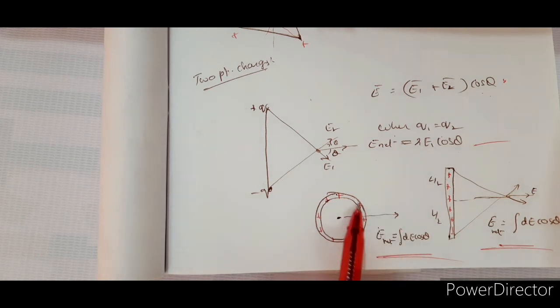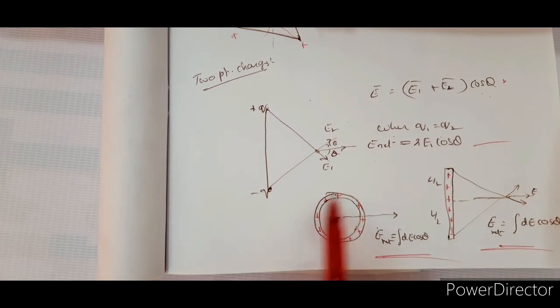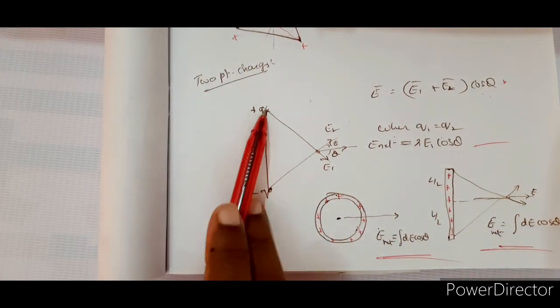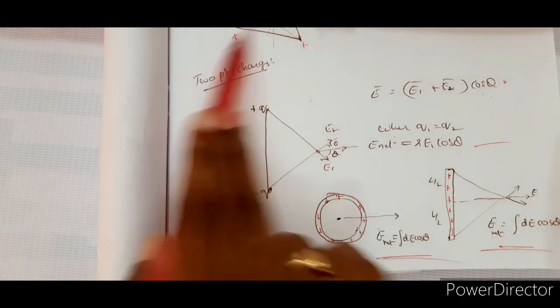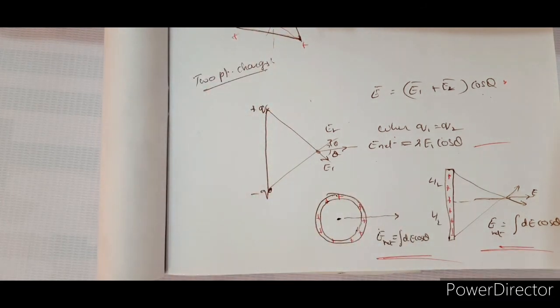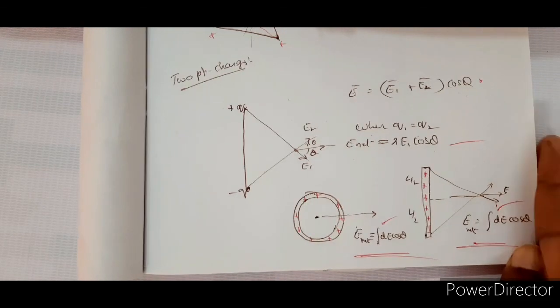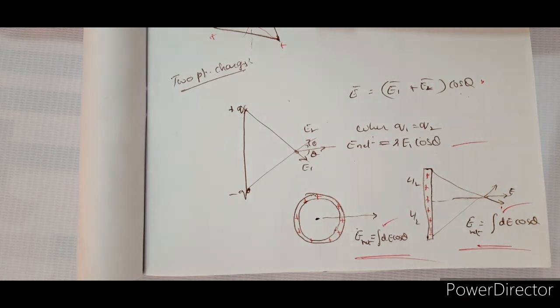So what is the difference between this and the remaining concepts? The charges here are discrete, right? The distribution is symmetrical, right? But it is discrete. And now here it is continuous charge distribution. Whenever it is continuous charge distribution, the summation takes the form of integration. Right? Very, very simple and basic general concepts, right? But very important to be revised, wherever there is a need for us to revise.